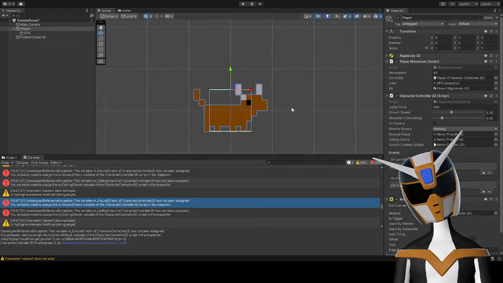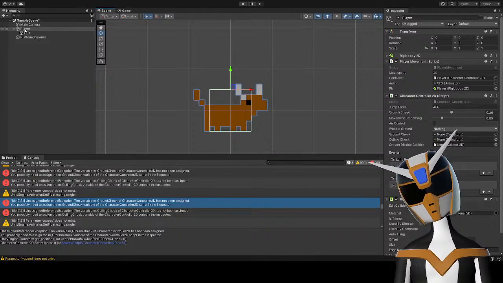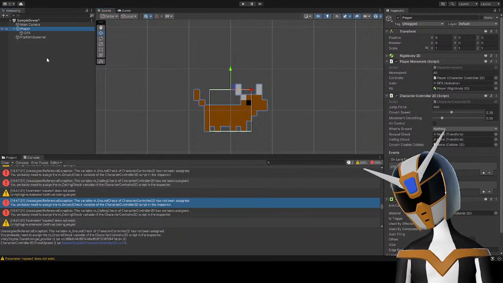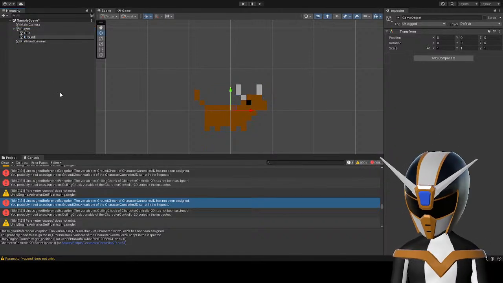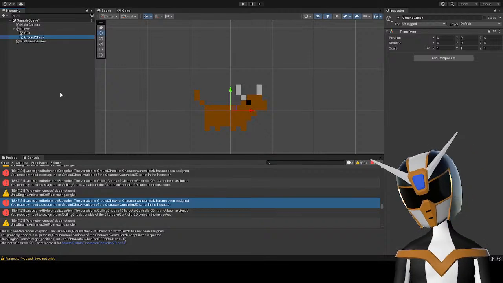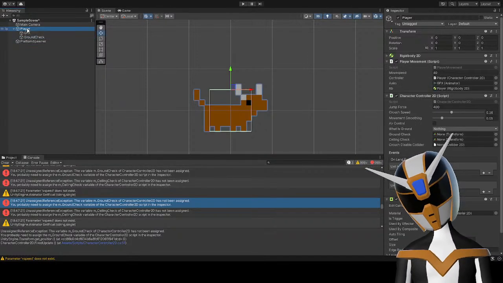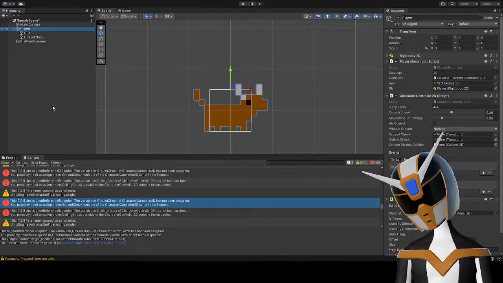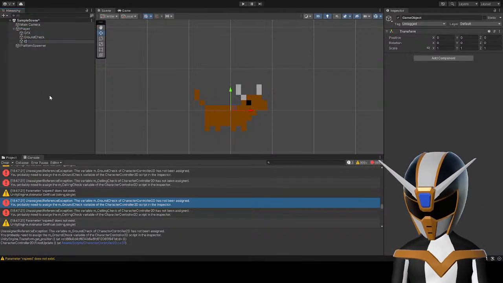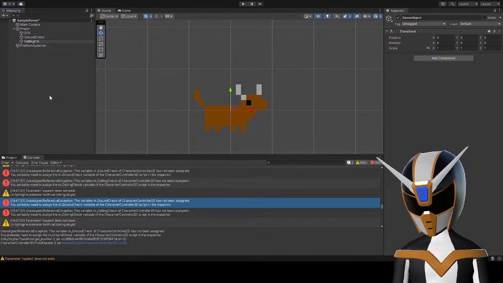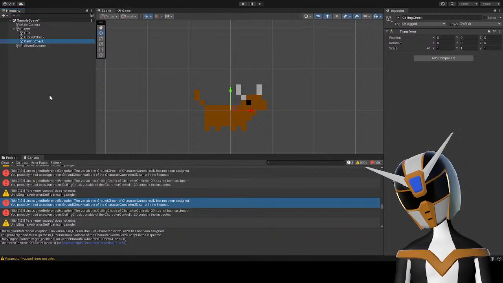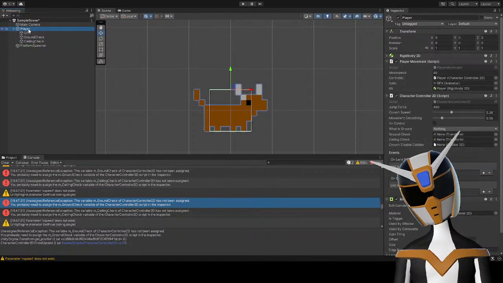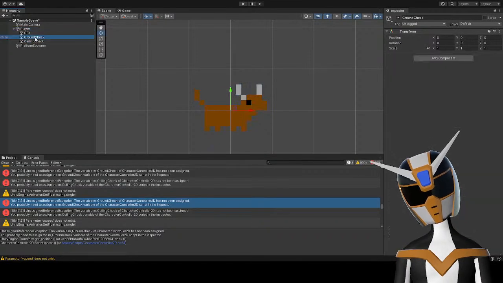There. Do I want my box collider to be wider? Nah, let's not make it wider. Let's make things fun. No, I just need to add a ground check variable and a ceiling check. Okay, that should be good. And the ground check is down here.